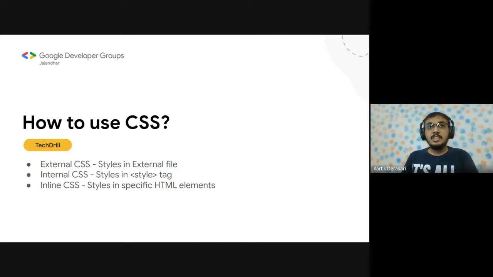So each HTML page must include a reference. A reference means the path to the external style sheet file inside the link tag. So we have learned about different HTML tags, and link tag is one of them. We generally add the link tag inside the head part. We'll also see a demo on how to do all three of this, and at that time you'll also get a more clear idea.